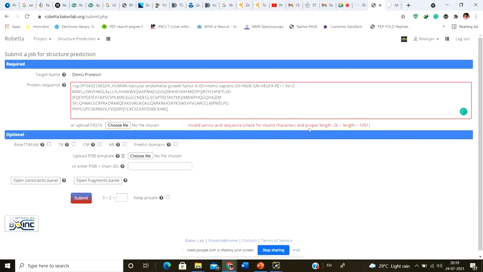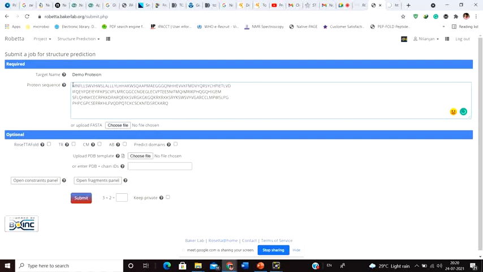Check for invalid character. Why? Because this greater than sign is a non-amino acid character. SP15629, these are all non-amino acid characters. So we have to only upload the protein in one letter code, only the protein, not the FASTA format. Okay, so simply upload the protein sequence.